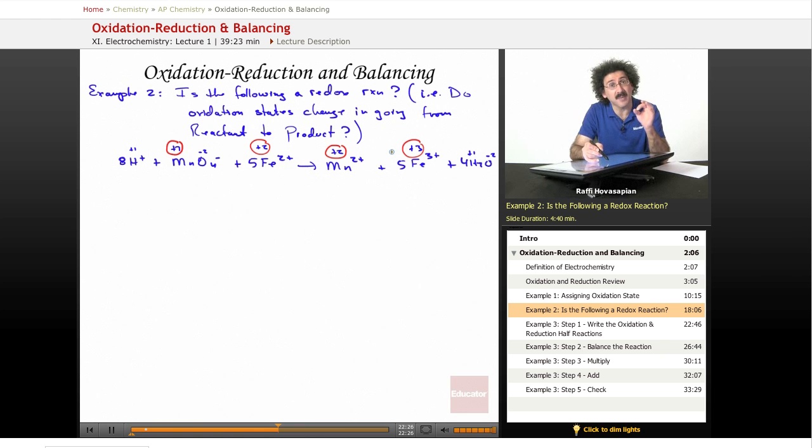Oxidation and reduction come in pairs. So you see, this is an oxidation reduction reaction. And the reason we know that is because oxidation states have changed. One of them has gone down, one of them has gone up. It will always be that way. If one of them has gone down, I promise you somewhere something has gone up, because oxidation reduction comes in pairs. Okay,